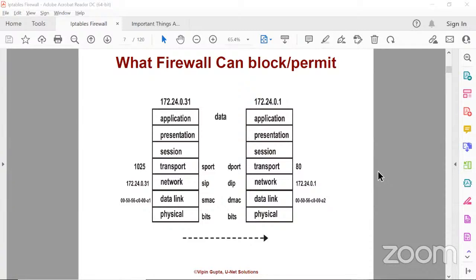Once we go to the OSI model, we always hate this model. But for firewall purposes, we need to understand it. For two minutes, I am going to show you this model, what it is going to block and permit. So in my case, I am taking two systems: 172.24.0.30 and 172.24.0.1, and we have a web server here. Now, please remember when I send a request to this, how this OSI model is going to behave. When we talk about the OSI model, 7 layers are there. These top 3 layers are data layers.